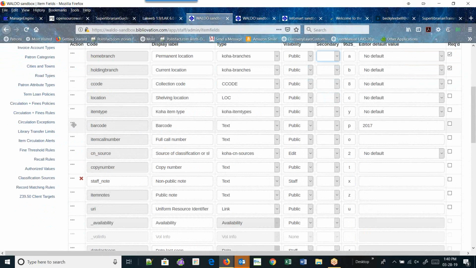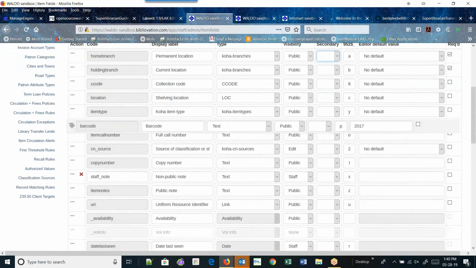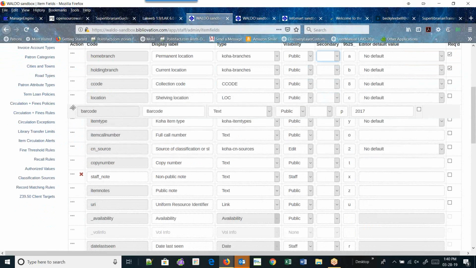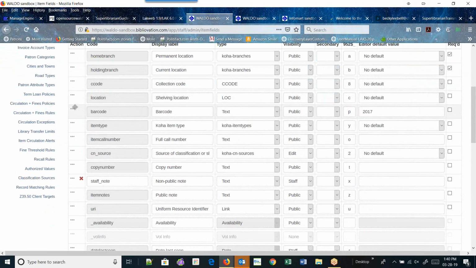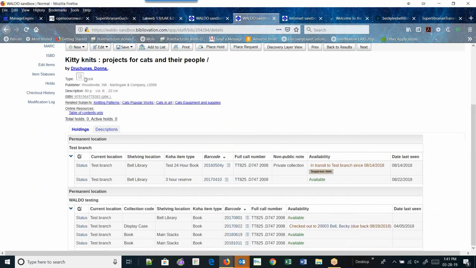And again, the way that you move a field from one position to another is just to grab hold of those three dots and put it where you want it to go. And once it's in there, when I edit an item, it will be in the position right before the Koha item type. And when I display it in the OPAC, if I were to reload this page,